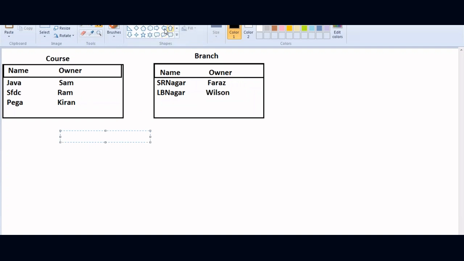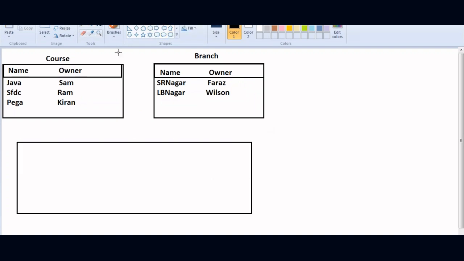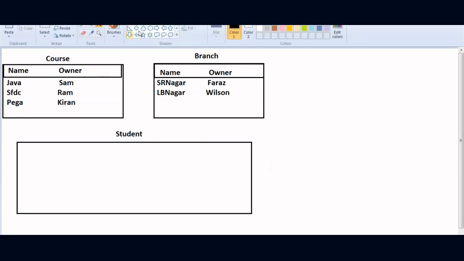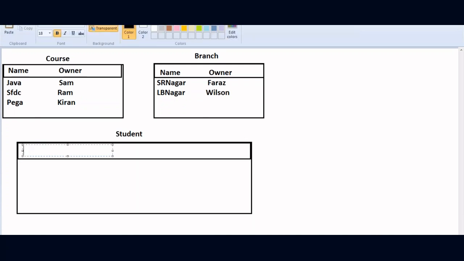Now look at the format. I am trying to create a custom object which is called the student object. The name of the object is student. Is it a custom object or a standard object? It is a custom object. On the custom object I have fields like name of the course, name of the student,